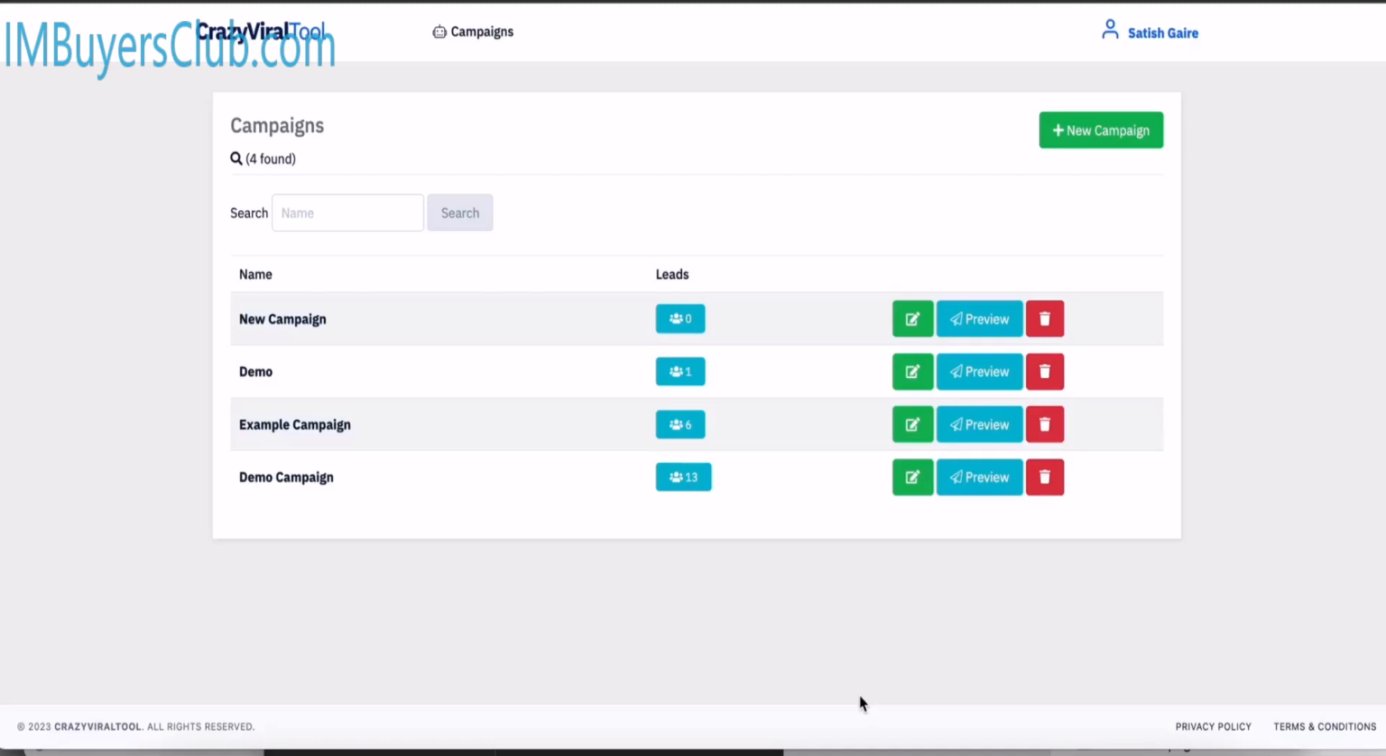Welcome to the dashboard. This is what you'll see when you log in. Keep in mind that some of the features will only be on your account if you have upgraded your account. So this is the dashboard. When you start, you'll click on new campaign